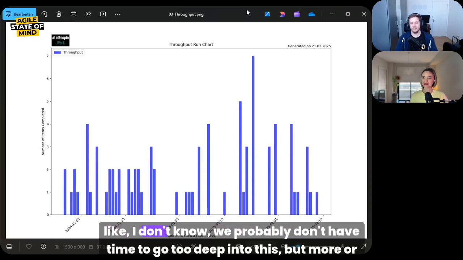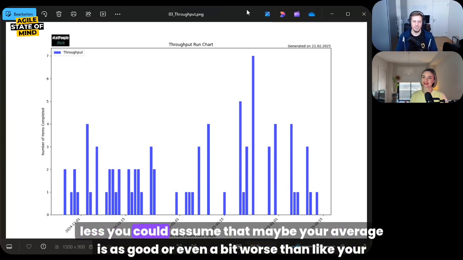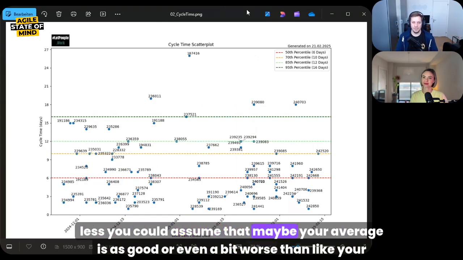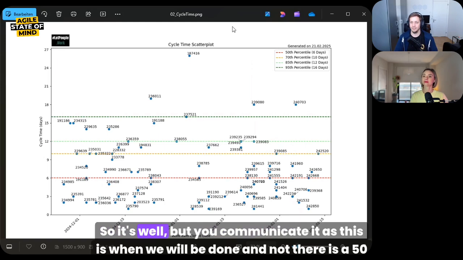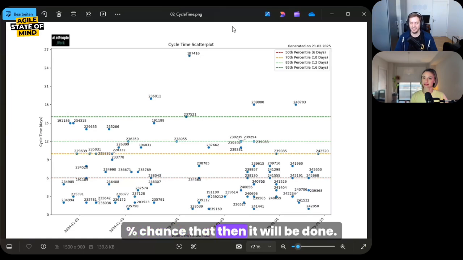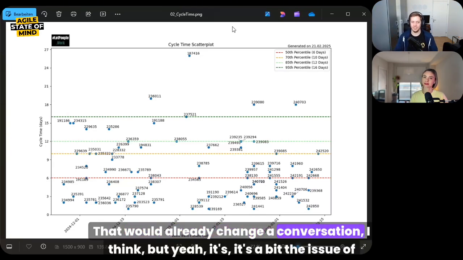Exactly. We probably don't have time to go too deep into this, but more or less you could assume that your average is as good as, or even a bit worse than, your 50% chance, right? But you communicate it as "this is when we will be done", and not "there is a 50% chance that it will be done". That would already change the conversation, I think.